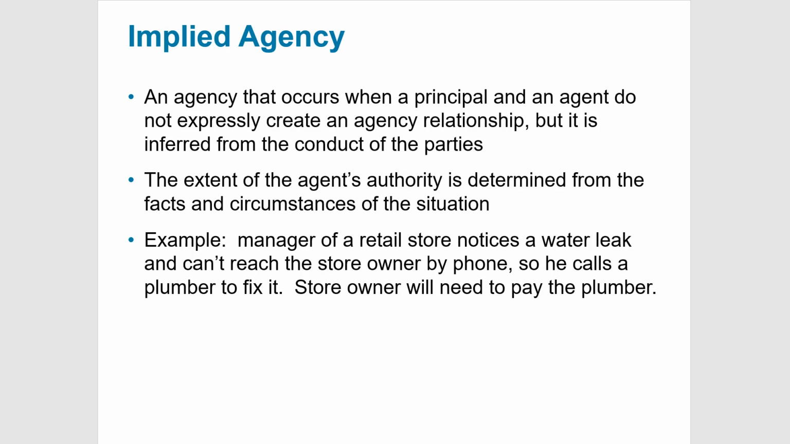Okay, an implied agency. This is an agency that occurs when a principal and agent do not expressly create a relationship, but it is inferred from the conduct of the parties. Okay, so the extent of the agent's authority is determined from the facts and circumstances. We usually find out about these implied agencies. They're usually determined by a court if we're actually in a trial. But the basic idea being that,